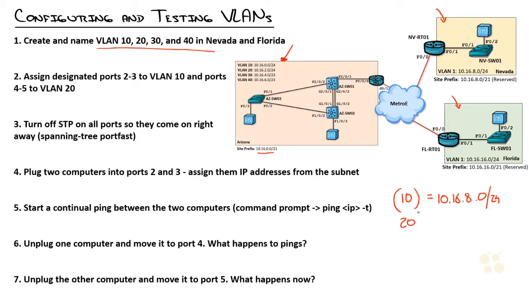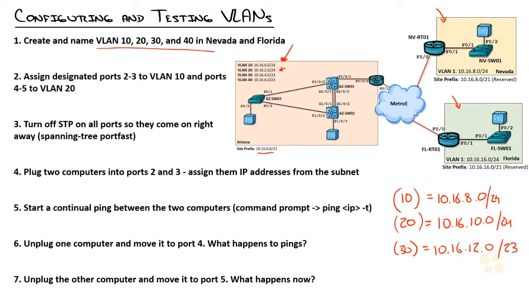So VLAN 20 in Nevada, well, it's over at Arizona. We skipped a subnet. Why? So we could expand. We could have a VLAN 11 if we wanted to. So same thing here, it'll be 10.16.10.0/24, right? So that's VLAN 20. That's our voice over IP network. VLAN 30 then started at 10.16.4.0. Oh, whoop, my bad. I just started copying things over. So over here, it would be